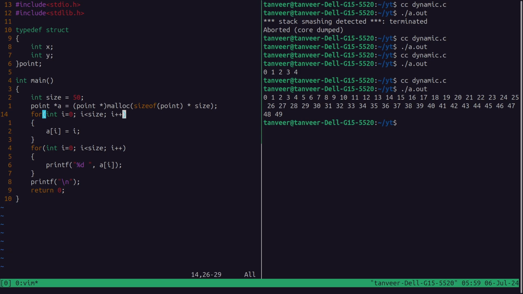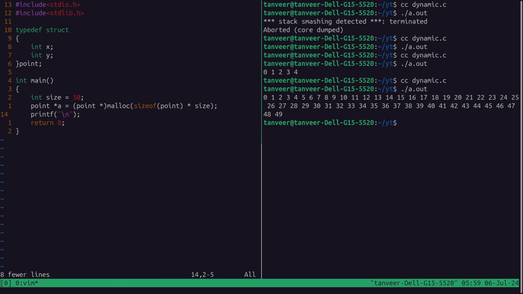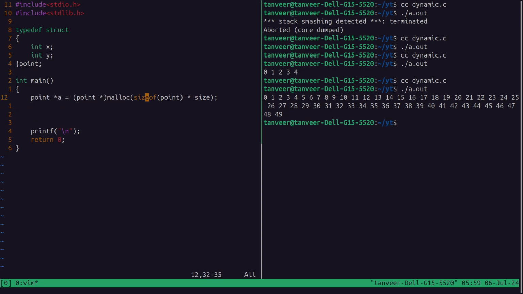And we can remove this part. And we can say a of x is equal to 20, a of y is equal to, let's say, 30,